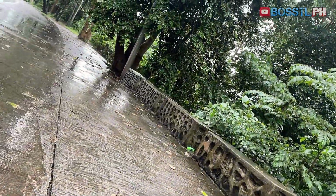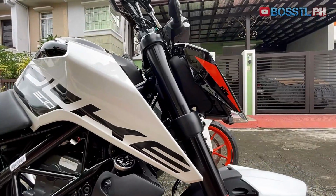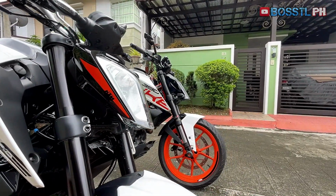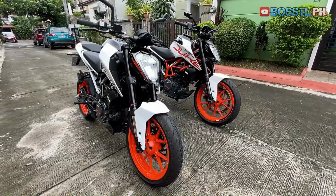Okay, so we are back with our 2020 Duke 200 we got from KTM BGC, and today we are going to review this bike and compare it with our own KTM motorcycle, the 2018 Duke 390. I know a lot of you will question why we are pitting two bikes from totally different categories, but let